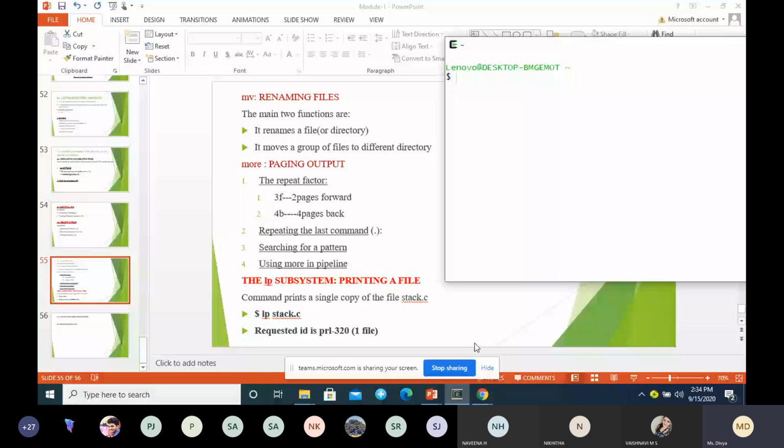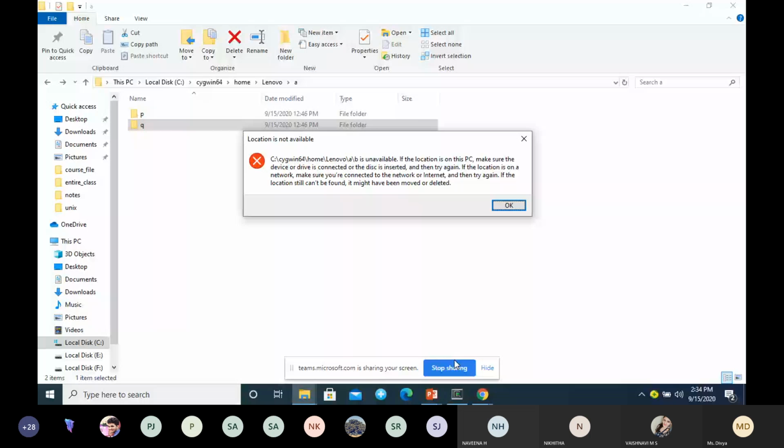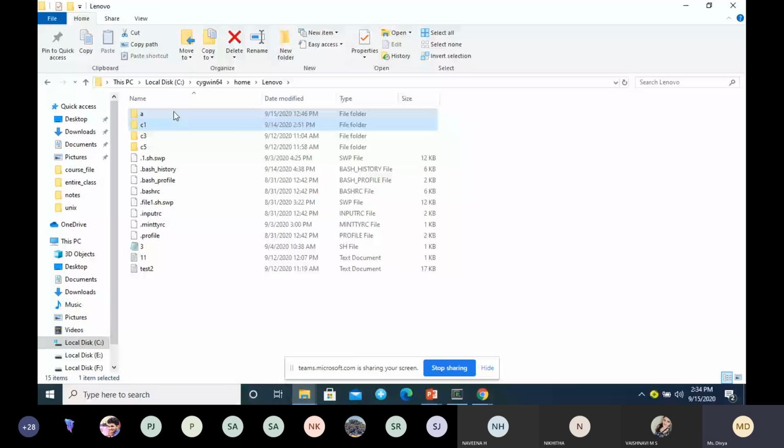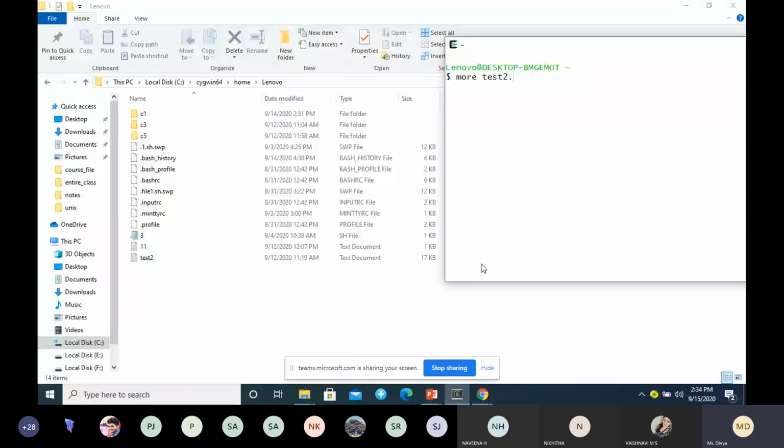I had already given this example. I have a file with the name test2.txt. It will display the content.